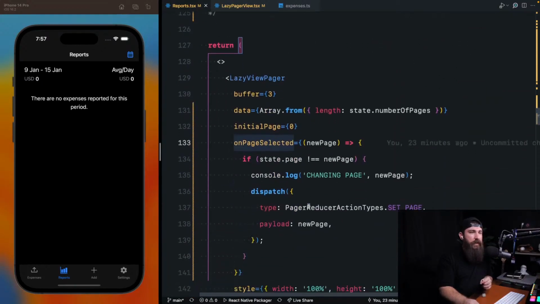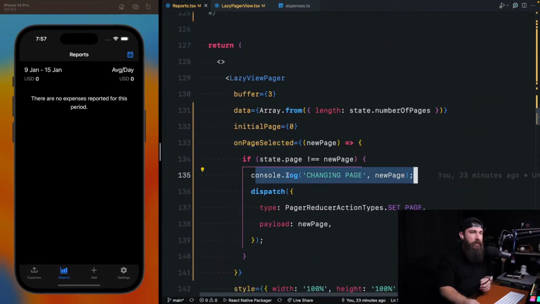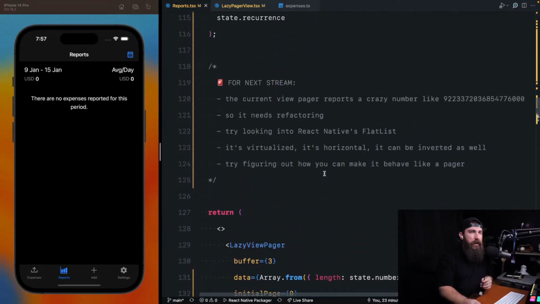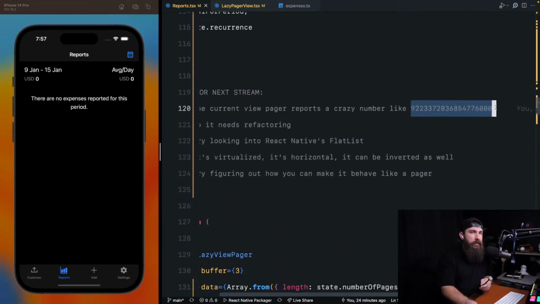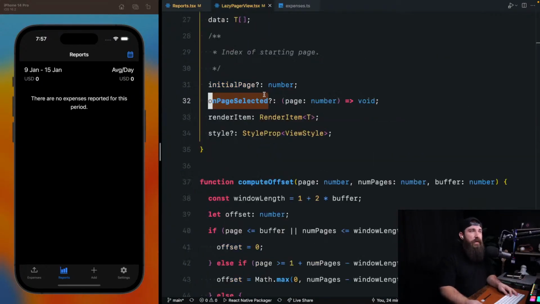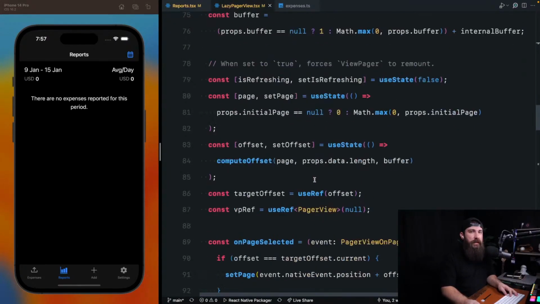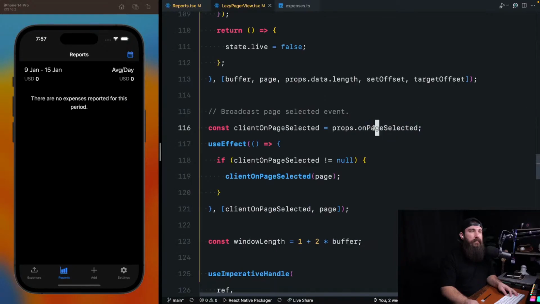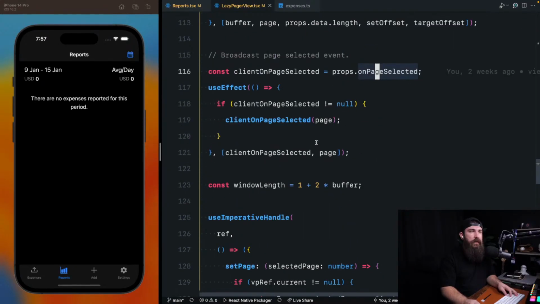So on page selected, that's why I have the console log here. The new page was like this, and I don't have that many pages in my app. And the reason for that is when the on page selected gets reported, it's not this one,